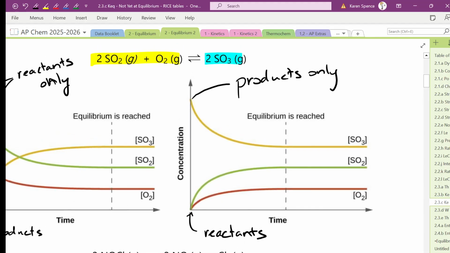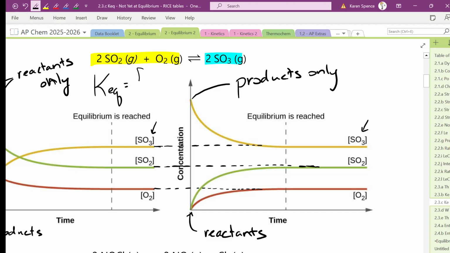But let's take a look at where these end up. SO3, our product, ends up here. And if we go across, ooh, look, SO3 ends up in the same place. SO2, same thing. If we follow it across, SO2 ends up in the same place. I didn't do a very good job of drawing that one. And O2 also ends up in the same place because